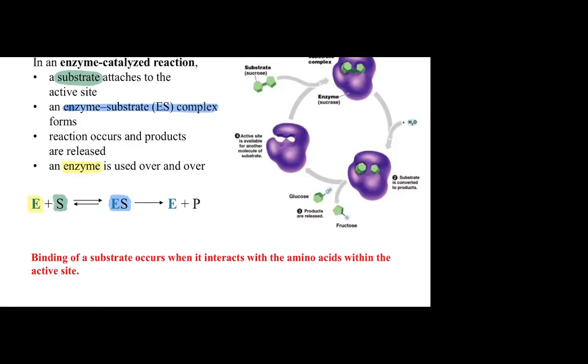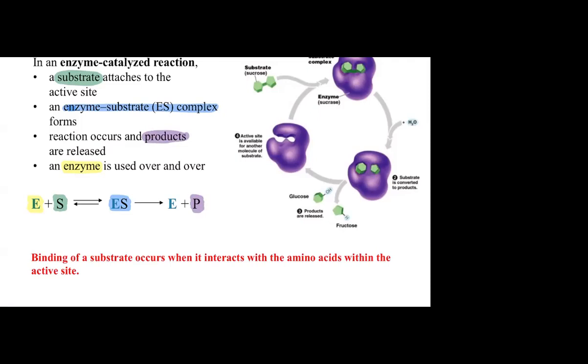All those parameters need to be met in order for the enzyme and the substrate to be committed to making product. So once the enzyme and the substrate come together in the right orientation, the bonds that need to be broken break, and the bonds that need to be formed form. If we are colliding with the correct energy, if we have enough activation energy, then the enzyme substrate complex turns into just the enzyme and the product. So P is the product that we're going to form. It could be one or it could be multiple.